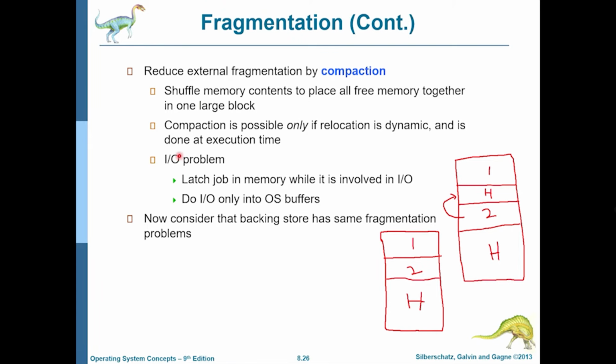And there is also an IO problem which we have talked about before. If some IO was going on in process number 2, and if you just move this process to a new location, then that IO might get affected. Now you can choose to use kernel buffers, but double buffering is a problem. There are other issues. And if your backing store is an exact replica of how your main memory is, so that swapping in and swapping out is just a mirror image of each other, then the fragmentation problems that plague the main memory will also be an issue for the backing store. That is something we should keep in mind.